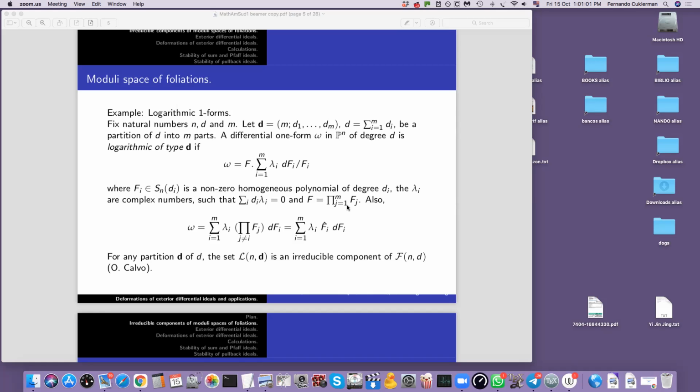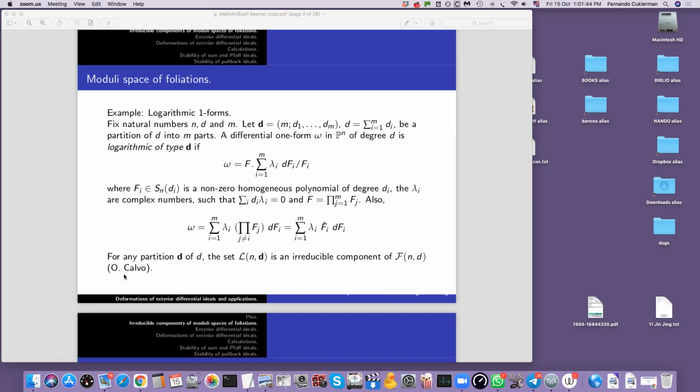Because I want to talk about polynomial forms, not rational forms. This logarithmic part is a rational form. I want to make it polynomial. So we multiply by f. So when we do that, we can rewrite it. If we distribute this f, it cancels f with fi, and I have these factors, which I denote fi hat. So the logarithmic form can be written like this, okay? It's a very simple calculation to show that any such logarithmic form is integrable.